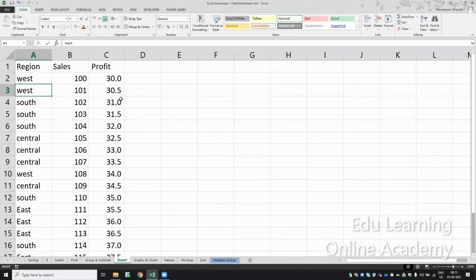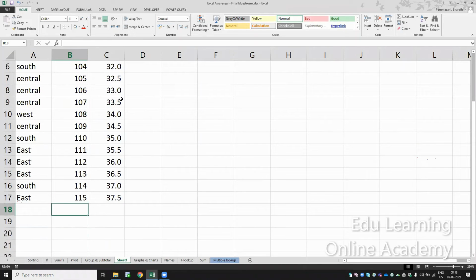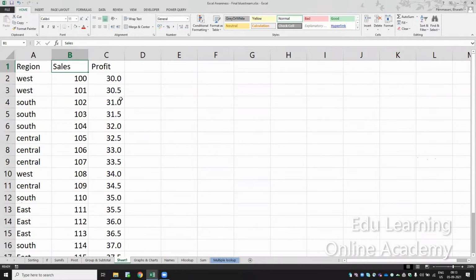Here, for the West region, what is the total sales? 100, 101 and 108, so the total is 108. I wanted to show the data like this in a sorted manner.